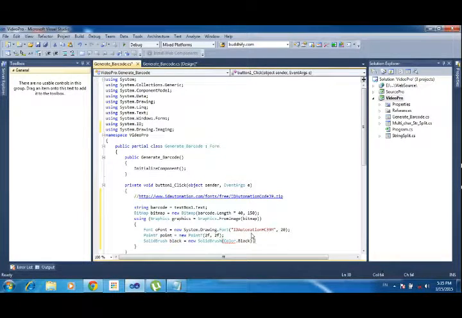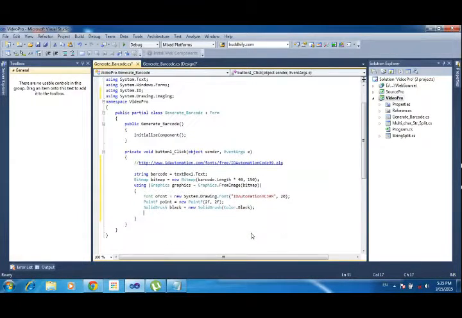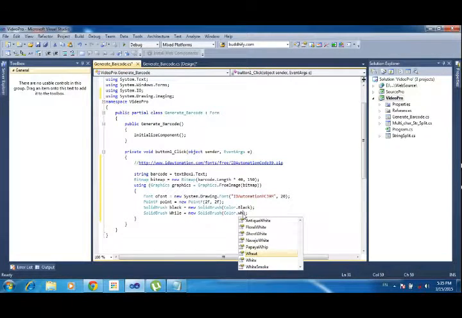I need to use this for the font color. In the same way I need to set the background color. The background color will be white. So white. Here also I am using white.